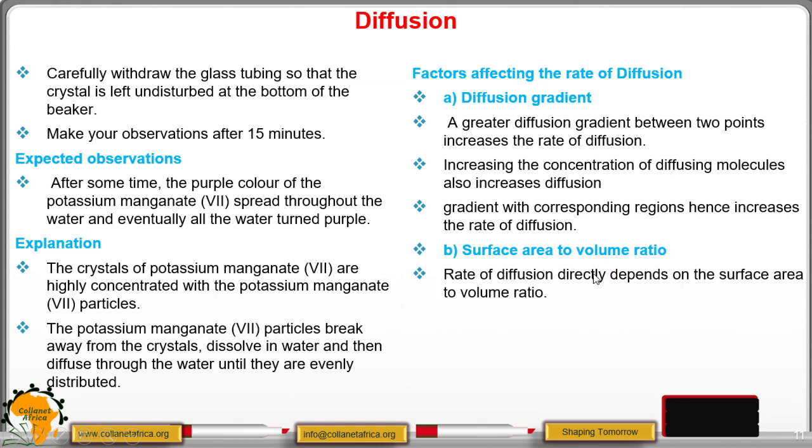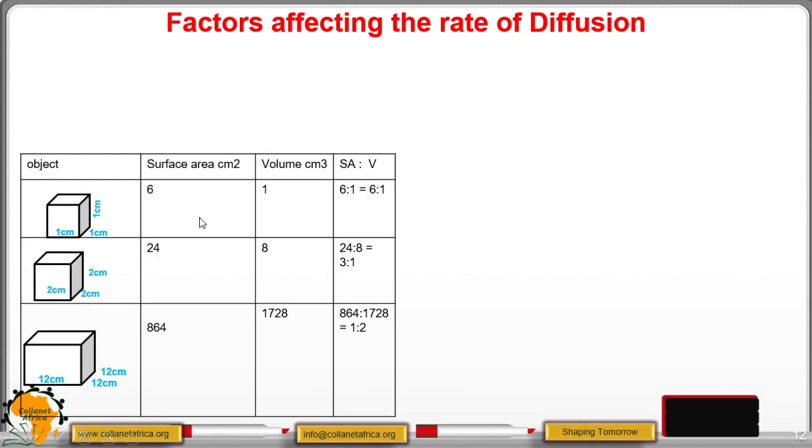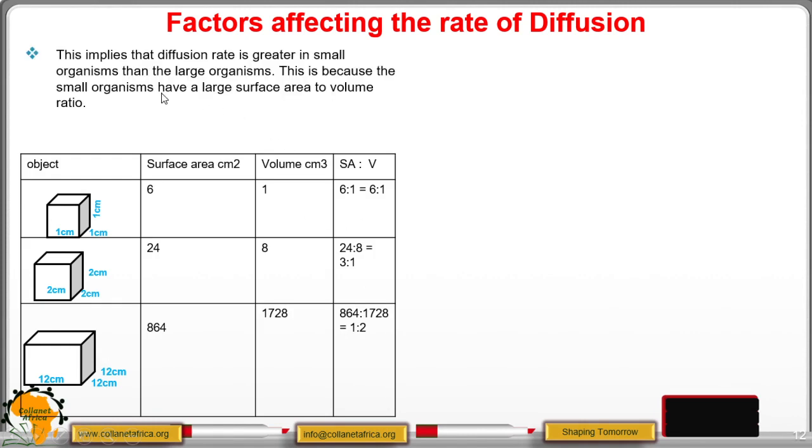Diffusion rate directly depends on the surface area to volume ratio. The greater the surface area to volume ratio, the greater the diffusion rate will be. And a low surface area to volume ratio results in a low diffusion rate. Look at this